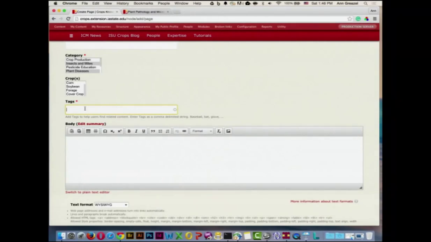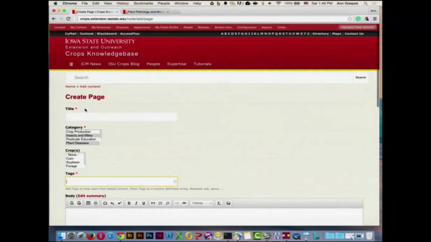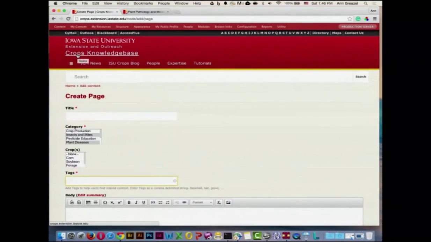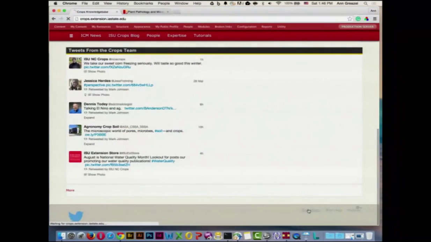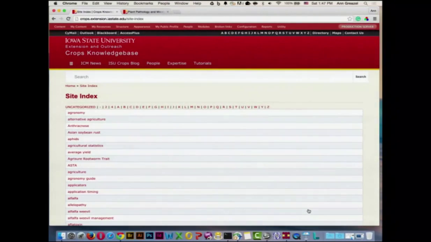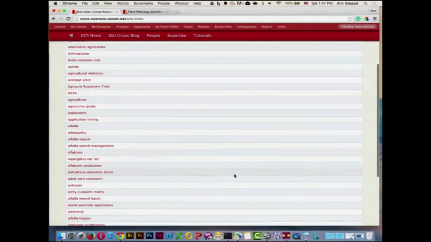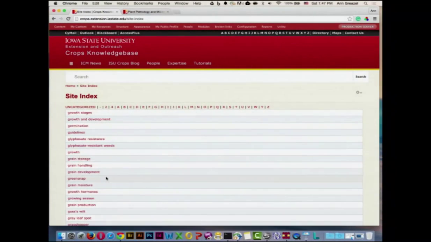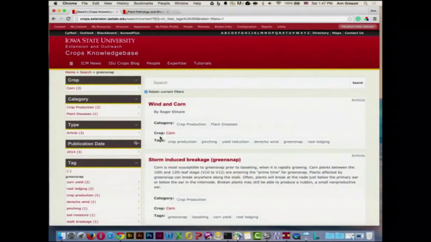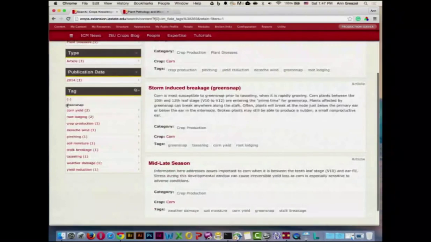And it's useful for a couple things. One is SEO, as you alluded to earlier. And the other thing is facets, like we just saw. But we use it for a third thing as well, which is the site index. So if you go down to the site index, you can go through all of the tags here by letter. So if there's something specific that you're looking for that you can't find, you might find it in the site index. And this is also a helpful place for the taxonomy manager to scan through and be like, oh, these two terms should be lumped together, or this is spelled wrong.